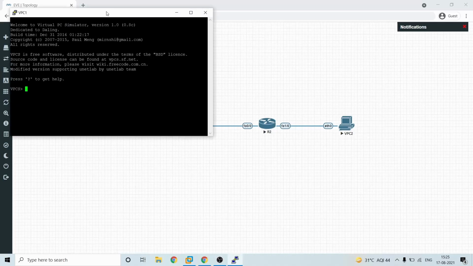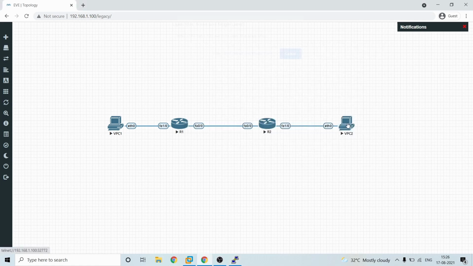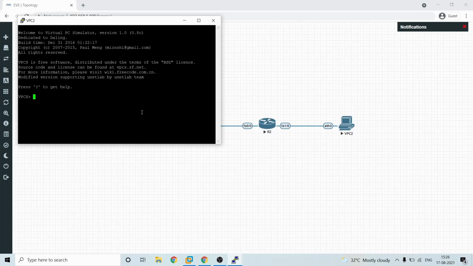So I'm just going to configure VPC1. I'm going to give the IP 10.1.1.5/24 and the gateway will be 10.1.1.1. Okay, and I'll configure the other VPC as well. IP 10.1.2.5/24 and the gateway will be 10.1.2.1. Okay,